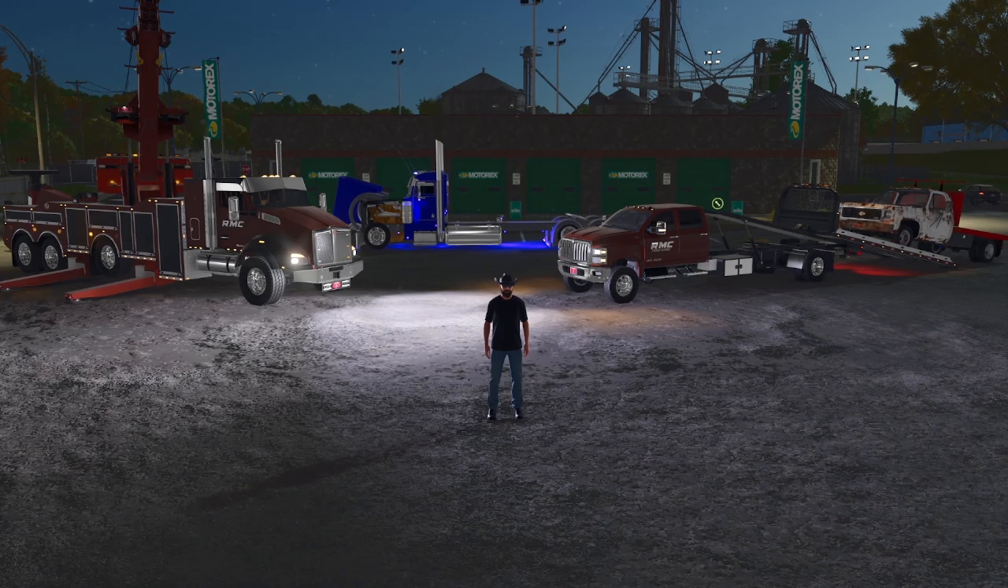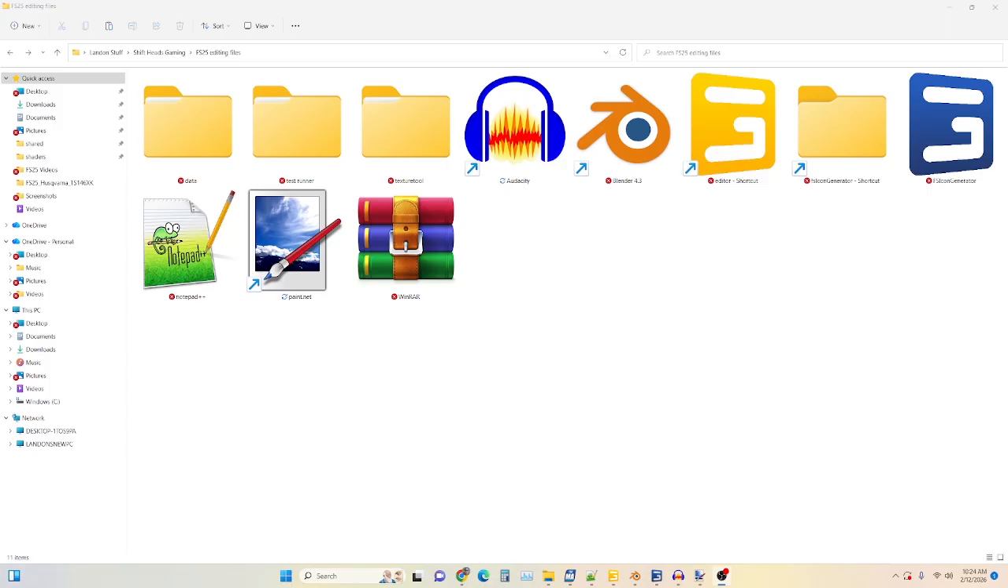So you want to make cool looking mods like this? All right, let me show you what it is you're gonna need. Be warned, it's quite a bit. Let's get into it. Okay, so in front of you, you are seeing all of the different programs you are